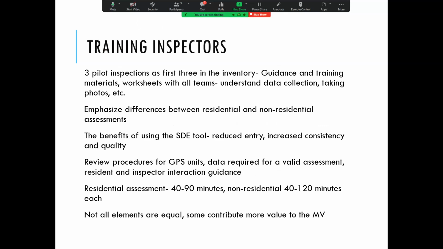And then again, training the inspectors. So anyone who's going to be doing inspections, everyone should go out on the pilot inspections, maybe 3 structures, 3 or 4, to have that guidance and training materials, how you want the data recorded in the field. Should it be taken by hand, or are they going to be taking tablets and laptops out there? So understanding that data collection, how to take photos,